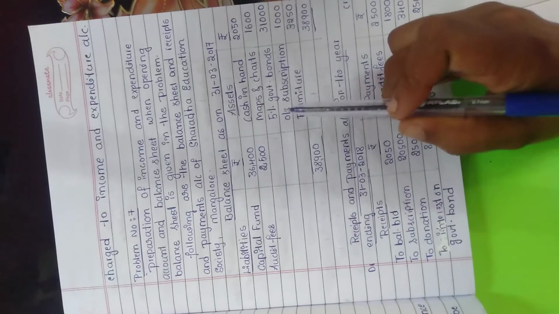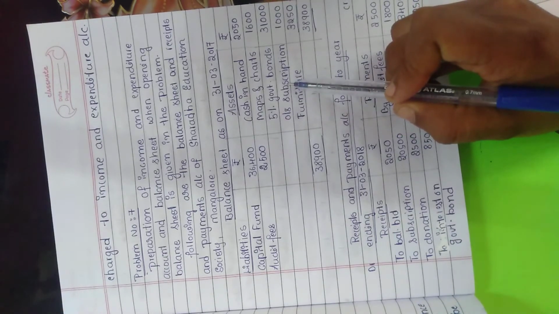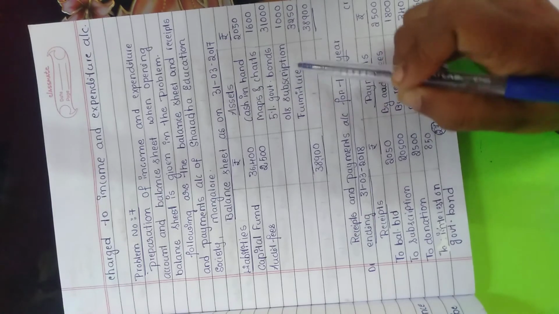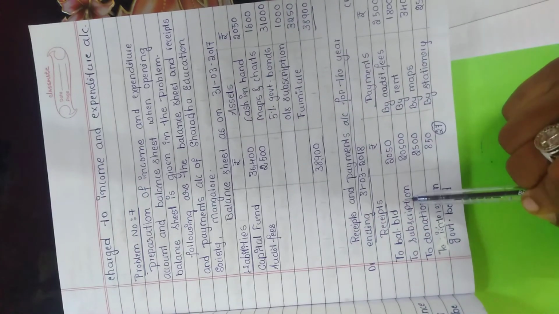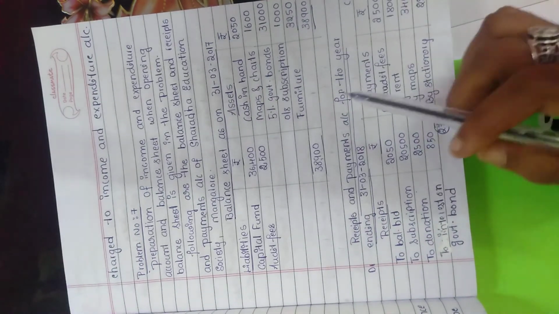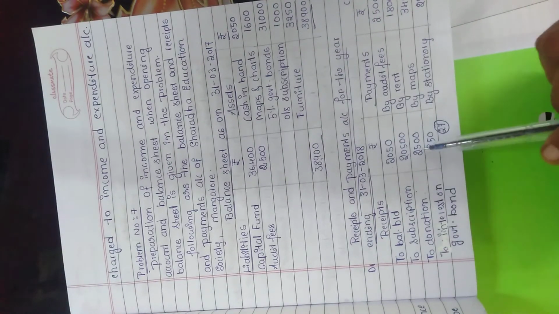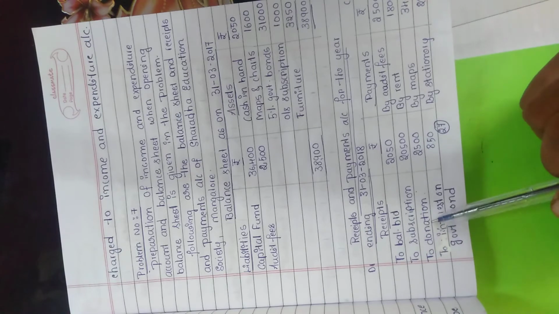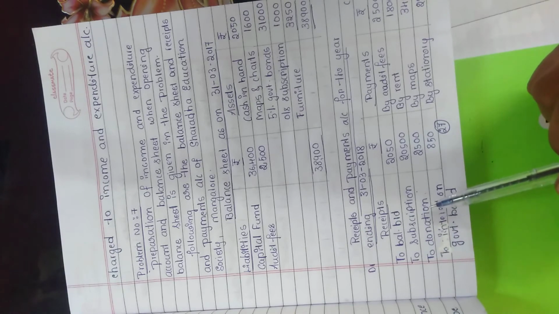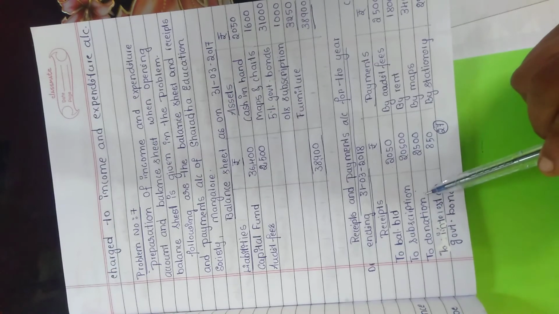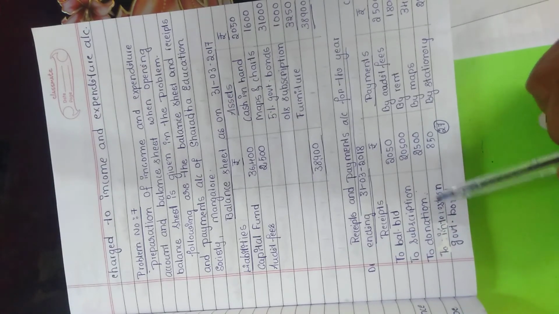See, there is also outstanding subscription. That means outstanding subscription of previous year. This particular amount need to be deducted from this subscription, right? As it belongs to the previous year. Then see donation 2,500. If nothing is given, then it is called a revenue item. If something is mentioned regarding donation, then it becomes a capital item.